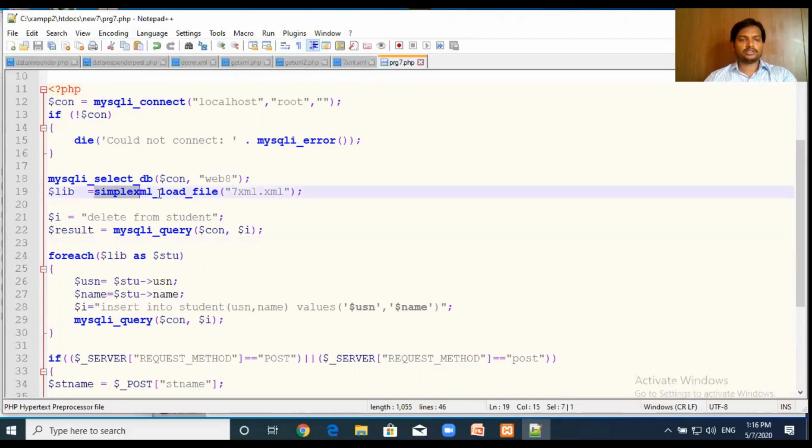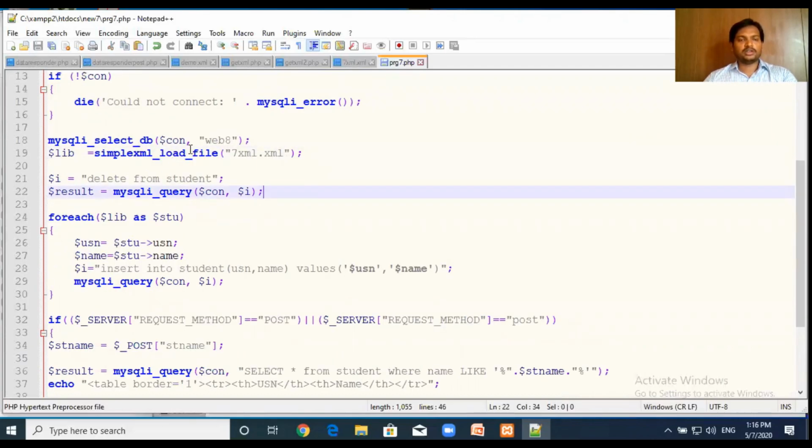By using this simplexml_load_file, the name of the file must be given as a parameter, and this is assigned to this variable. Now after loading the contents and before inserting data into the database, we need to delete all the existing records from the